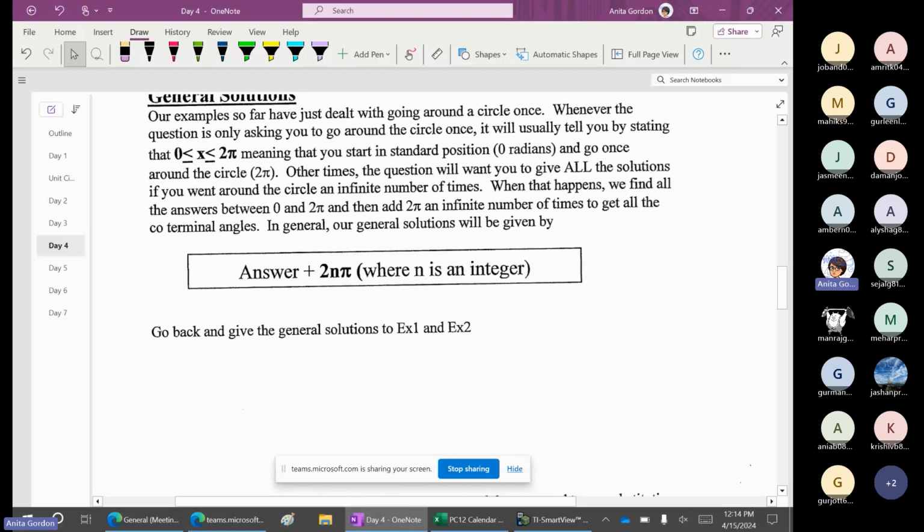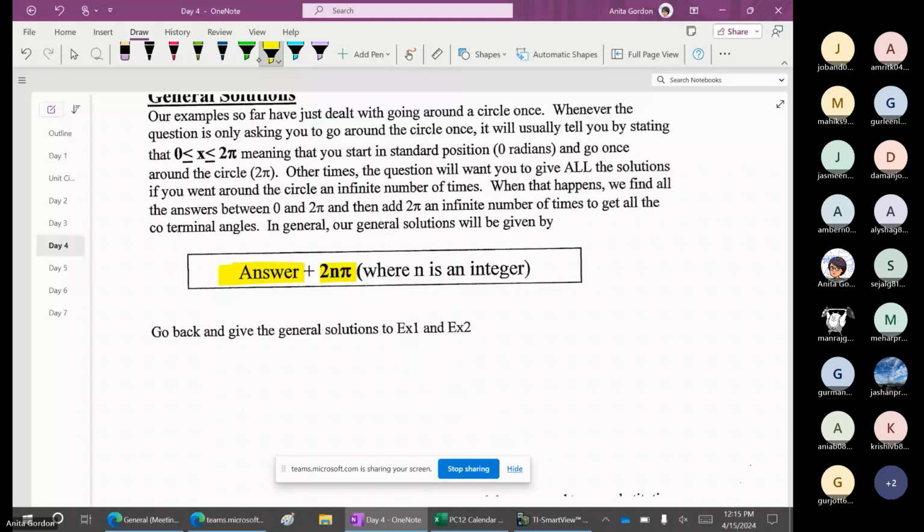When we're looking at sine and cosine, the general solution is just saying that whatever angles you find that work for your equation, if you walk around the circle 360 degrees and you end up in the same spot, that is also a solution. So you can walk forwards around the circle or backwards around the circle. If you end up in the same spot, then that is a solution. So the way that we write that is whatever our answer is plus 2 pi n, where n is an